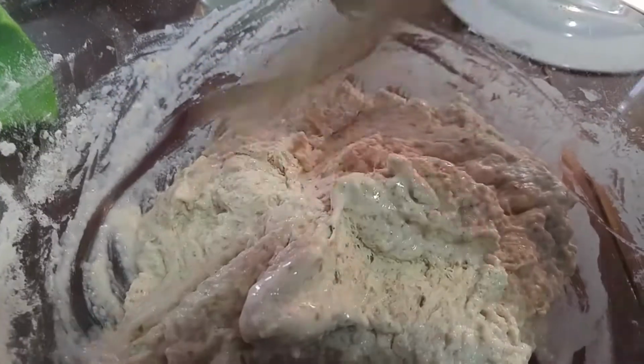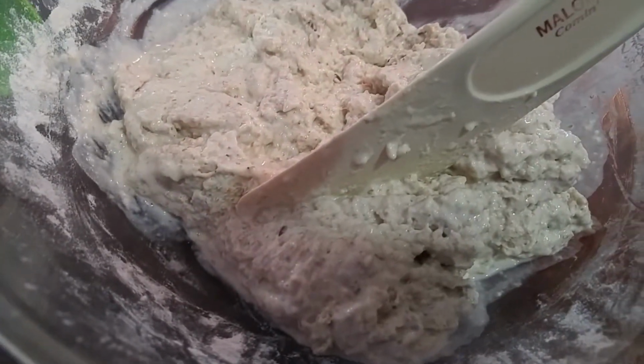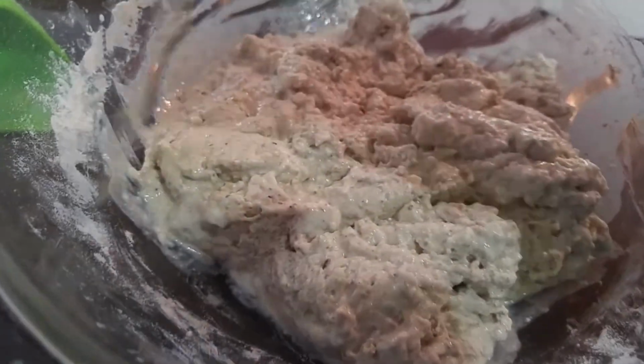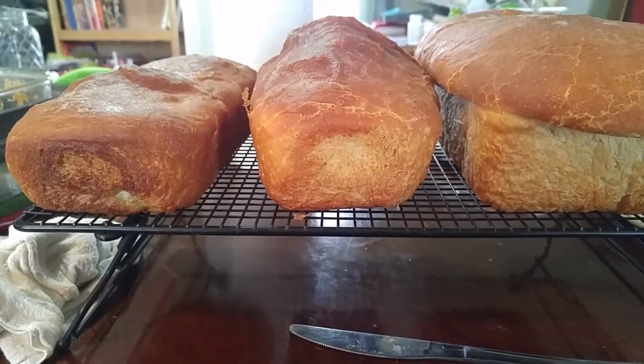So I'm going to put some plastic wrap over it and cover it and set it aside for between 30 minutes and an hour, and we'll see how it does then, and I will bring you back. While I'm waiting for the flour to